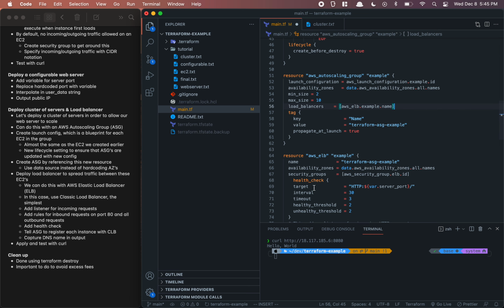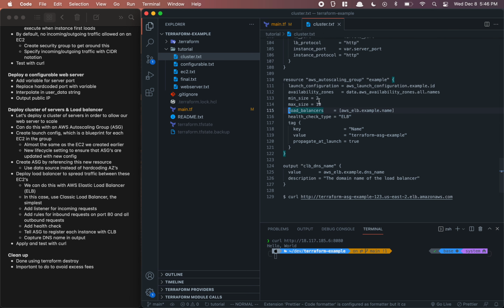So if you ever look at an autoscaling group in the documentation, you'll see in the examples that you would deploy this with an elastic load balancer, and there's plenty of examples online. My point in showing you this is just that you're able to configure a bunch of different resources and get them to work with each other without having to go to the console and manually do all this. So finally,